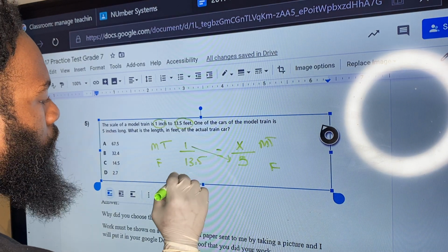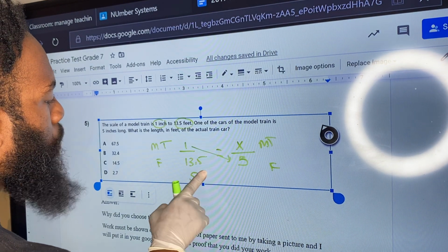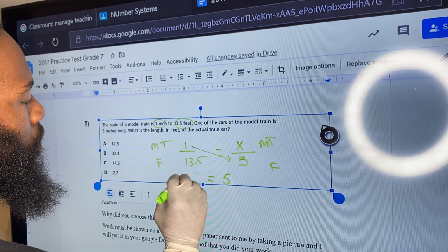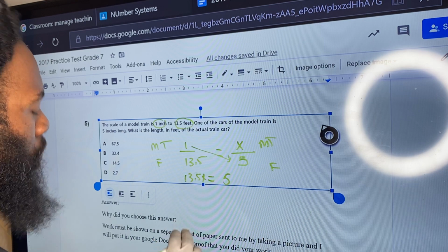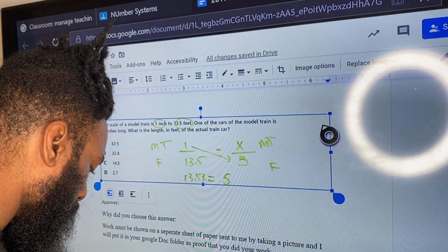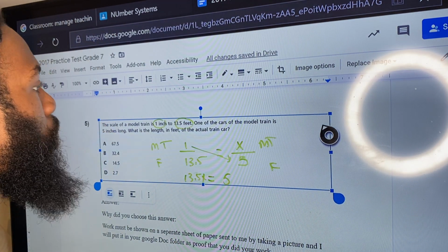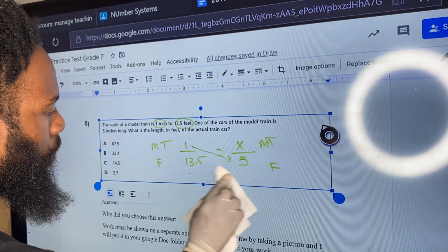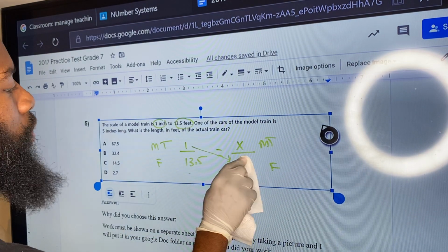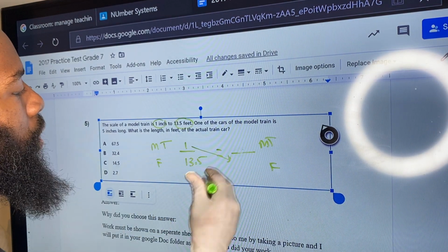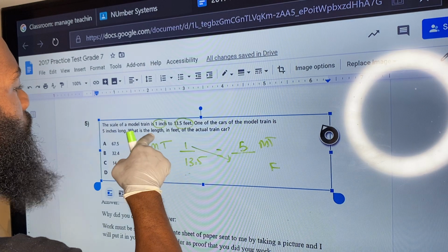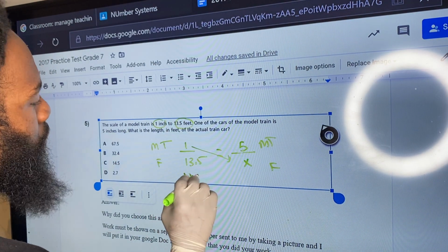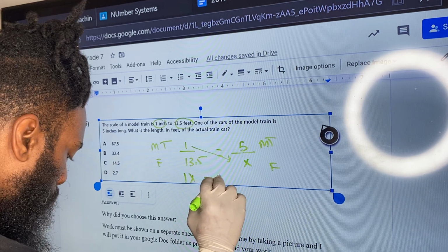So 1 times 5 is 5. I'll put this over here, equals 13.5 times X, 13.5X. Doesn't make any sense. Oh, yes, I made a mistake here. The model train is 5 inches, so that goes up here for MT, and then asking for the length in feet, that goes here. Okay, so 1 times x is 1x equals 13.5 times 5, which would give you